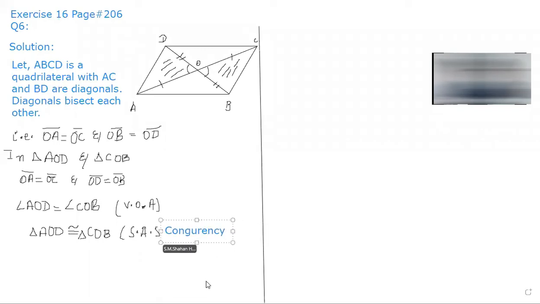Okay, so this condition we have used, S.A.S. condition. So we have proved that these two triangles are congruent. Similarly, you can do it for the triangles AOB and COD. So you can write similarly for this. Similarly,